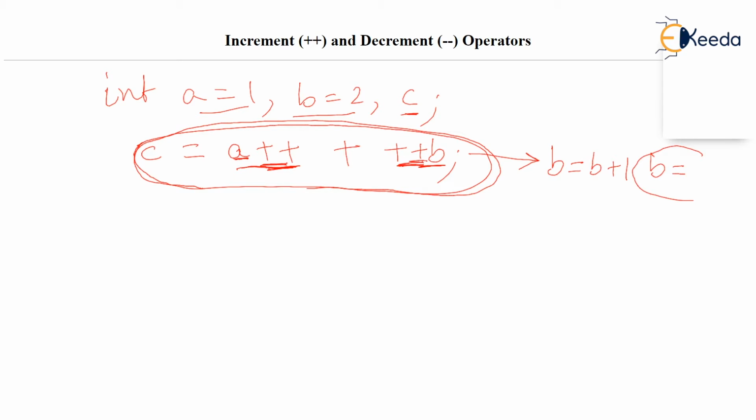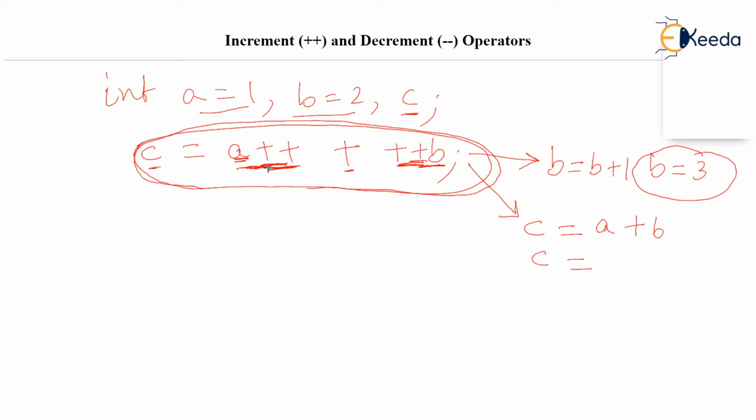Now what's next? You still can't increase A by 1. This is postfix. Now the expression will be solved. The expression is C equal to, and then you take these variables A, then you take this operator, plus operator, then you take this variable B. So C should become A plus B, but the value of A has never changed. A is still 1. Check that we have never played with the value of A.